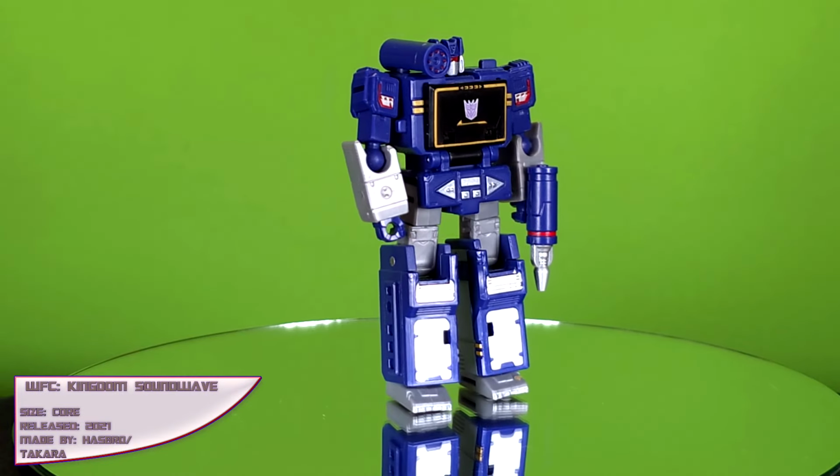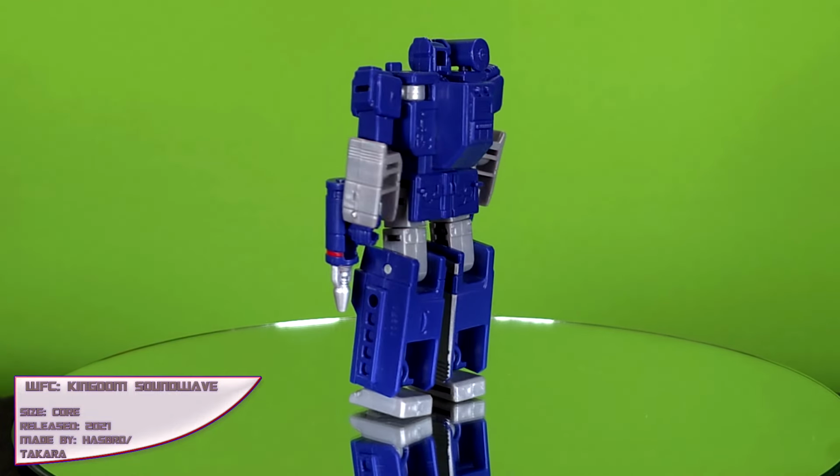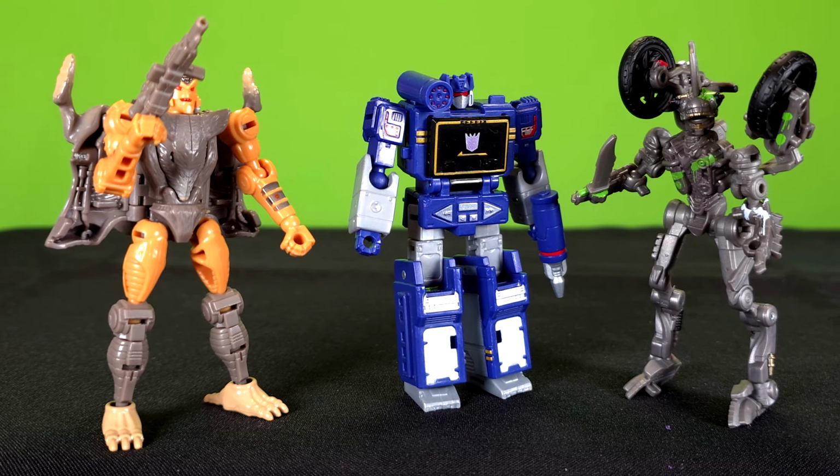Now we come to the little miracle that is War for Cybertron Kingdom Core Class Soundwave. And when you consider when he came out, we had that Starship to deal with, and no, I'm not going to stop making fun of it. This is wonderful. I adore core class figures and Soundwave here is